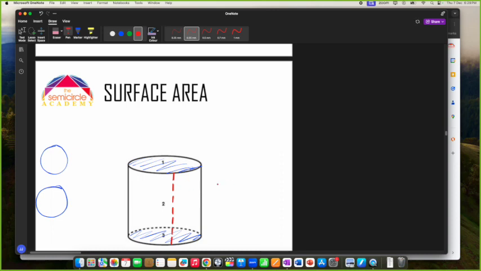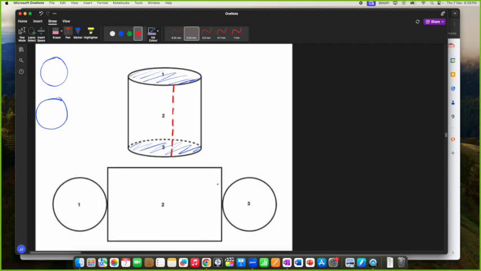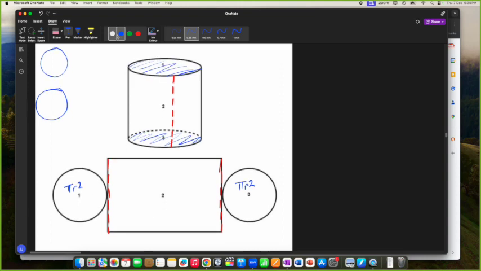But if you cut it there and you roll it out, what you're actually gonna get is a rectangle, right? And this is where we had cut it. We had cut it here, and we had cut it here. So what you're actually gonna get is a rectangle. So when finding the area for this thing, the area for this circle is going to be pi r squared. The area for this circle is going to be pi r squared. But what's the area for the rectangle going to be? The area for the rectangle is going to be the base